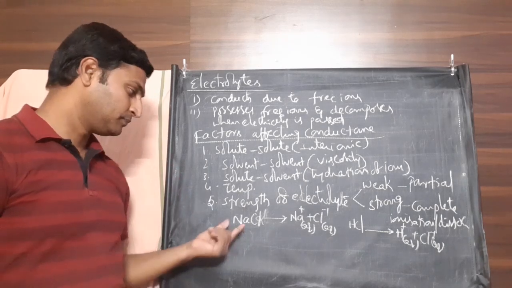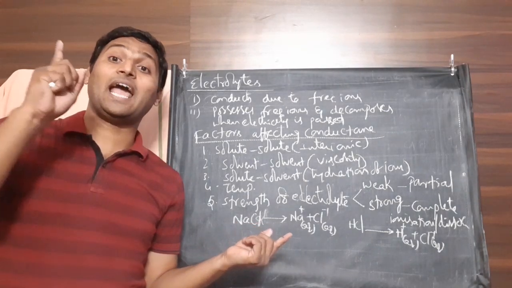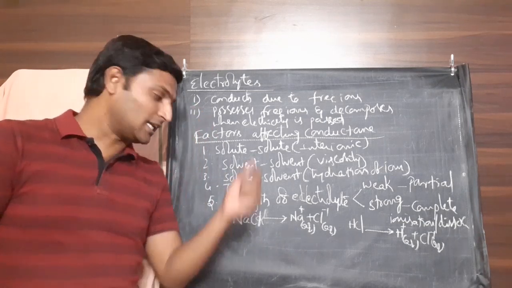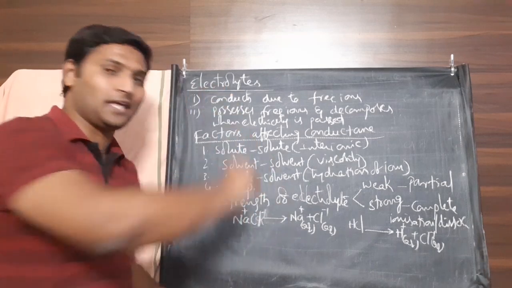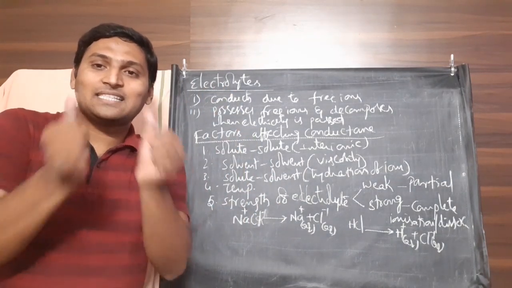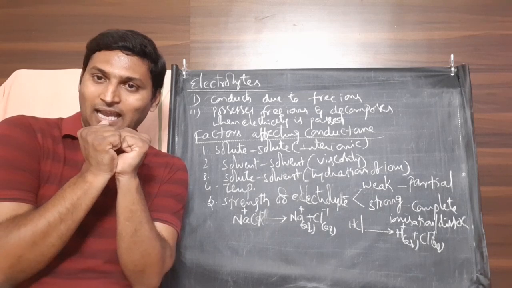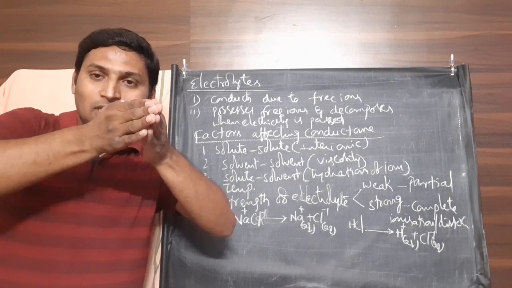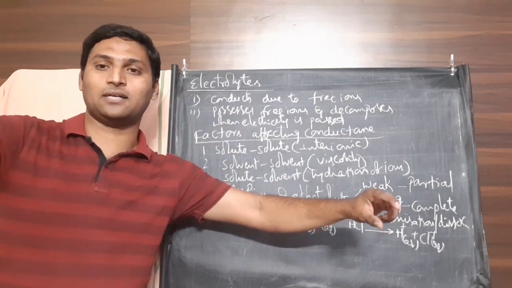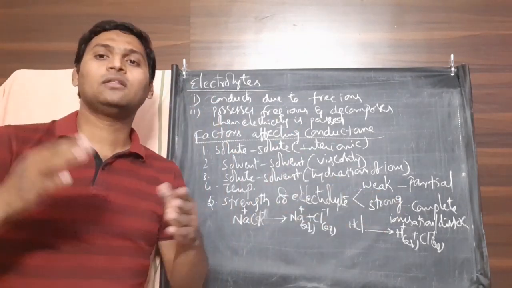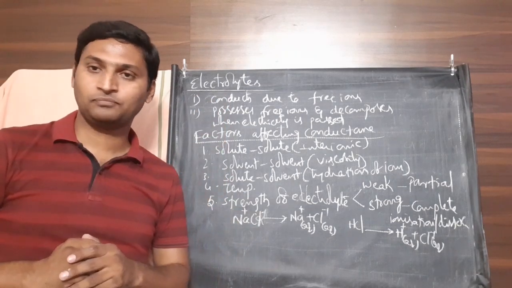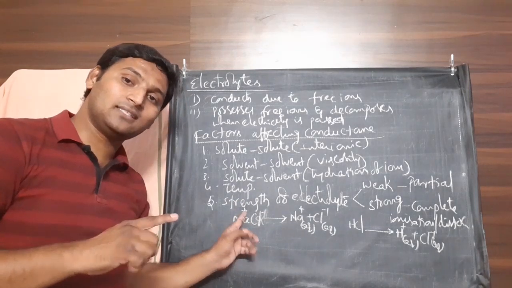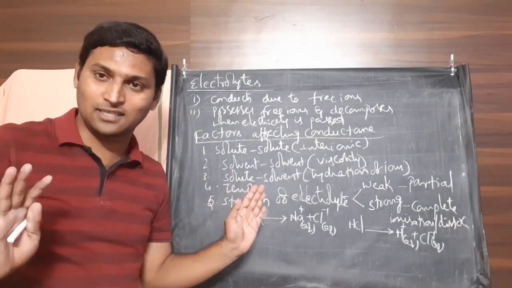Let me explain that. Sodium chloride is an ionic compound. That means the very constituent particles of the substances are cation and anion. Only thing is they were packed up tightly as a lattice. Because you dissolved in water, the attraction forces are broken and they became independent ions. Started moving freely. They may conduct electricity if you pass it. So understand, here they were already ions, just broken and made independent, that's all.